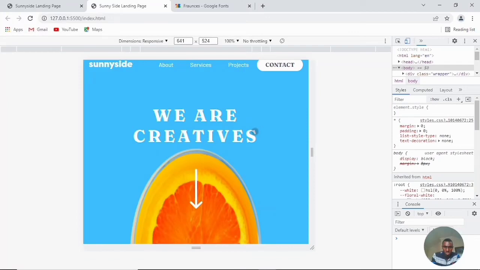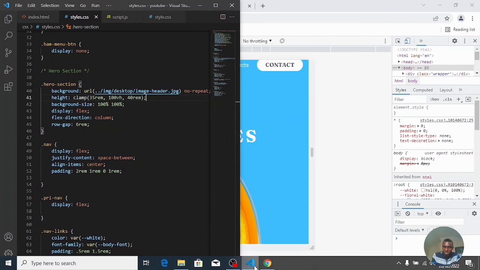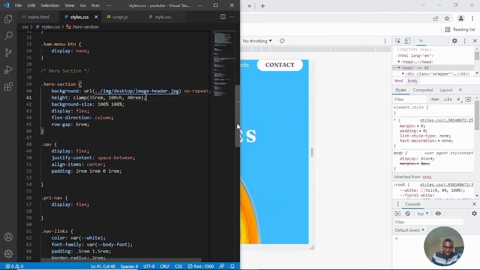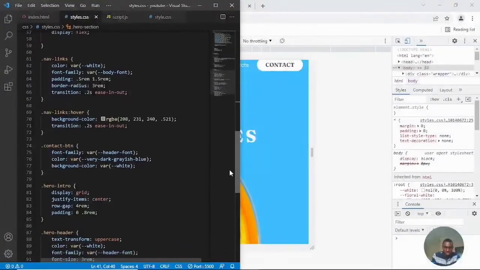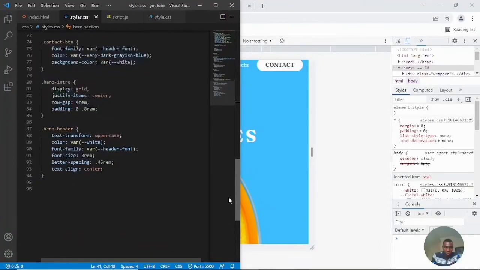And the next thing I want to do is that I also want to work on my font size, because I want the font size of my header to also be fluid. And one way to create fluid typography in CSS is by using this simple clamp function. Okay, so I'm just going to come right here to my hero header, and I'm going to introduce this clamp function. Now instead of specifying a font size of 3 rem, I'm going to write